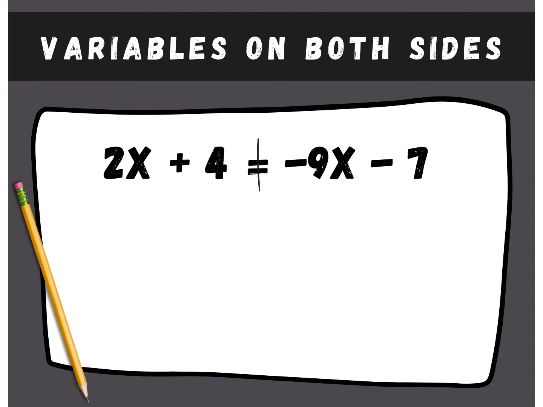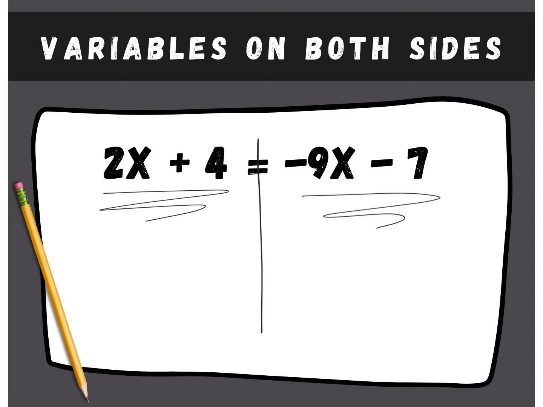If you've seen my prior videos, I tend to put a line down the equal sign. That kind of helps me remember that I'm looking either on the left-hand side for like terms or on the right-hand side for like terms, but certainly not in both locations. It also helps me to remember that whatever I'm doing on one side, I have to do on the other. So if I'm adding something to one side, I need to add to the other side as well to keep